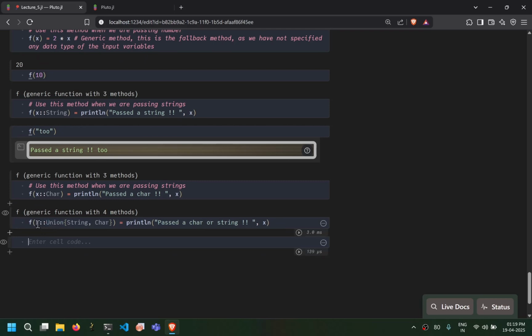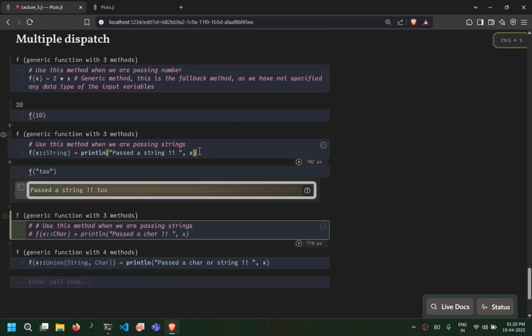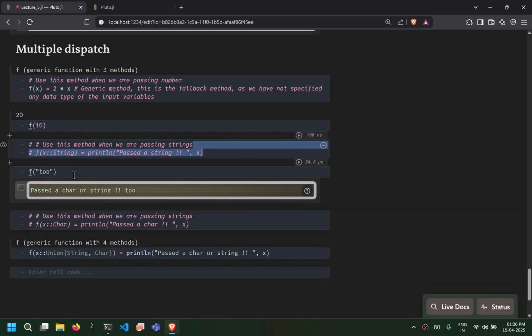Okay. So x::AnyType will tell the code that this function is expecting that exact type of input. Now, if we do this union thing, that just means that now this variable x can expect a union of string and character. Okay, so what will happen is that you can pass either string or a character, and this definition of the function will satisfy both those conditions. So we can comment these two, and we can run,